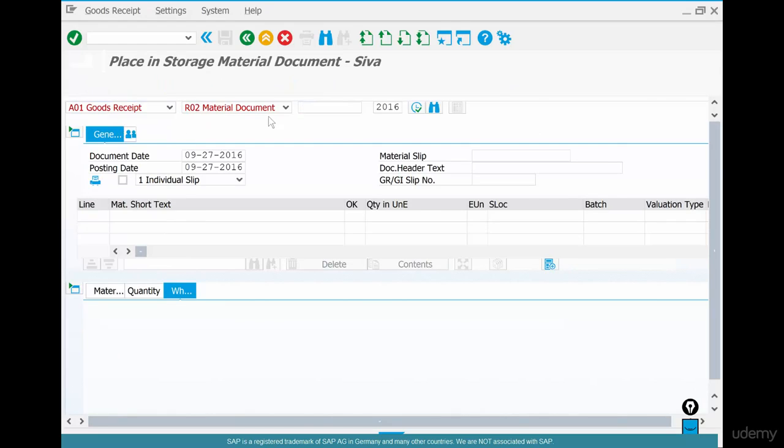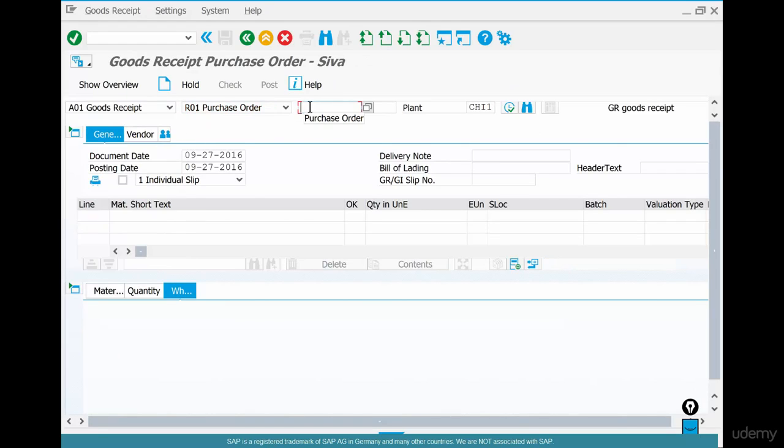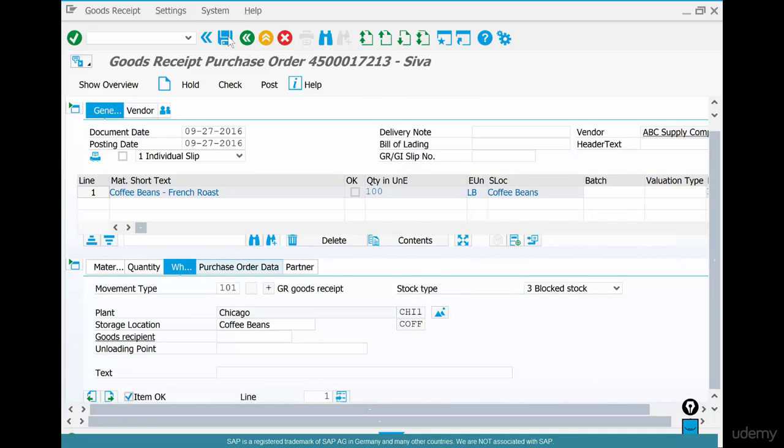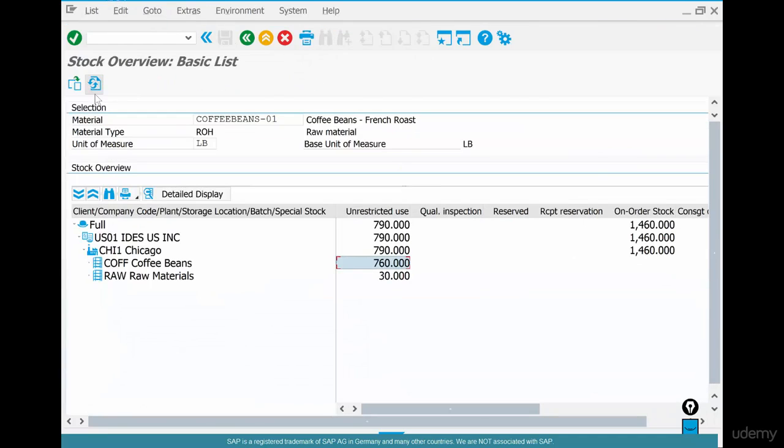Select goods receipt and against the purchase order. Where is it? Of course, coffee bean storage location of the Chicago warehouse. Now, instead of putting it as unrestricted use, I'm going to say blocked stock. Now, if I save it, go back and refresh